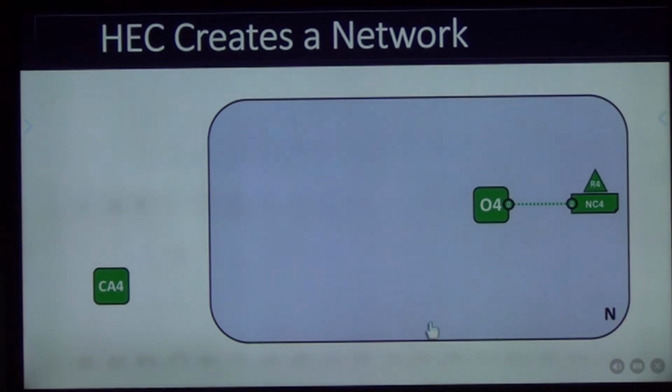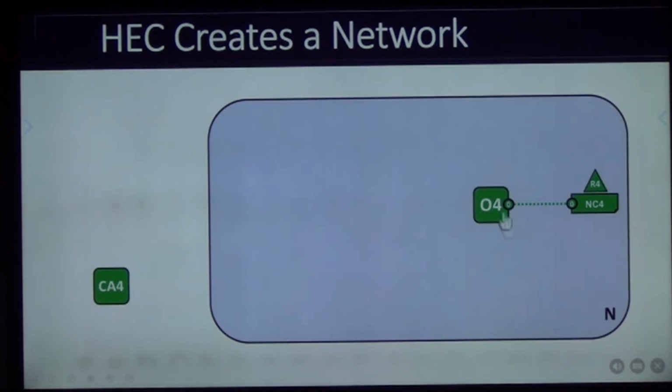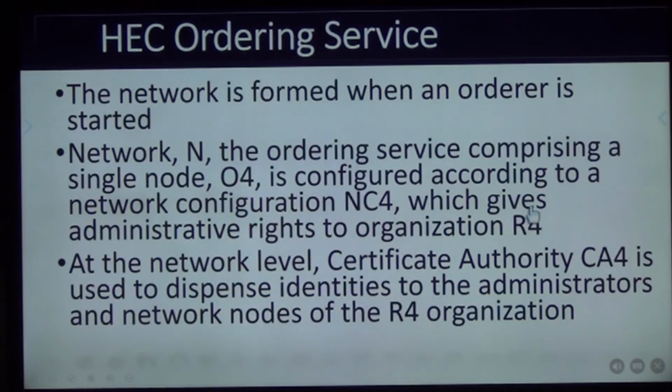Okay? So अब जो है HEC एक वो create करती है network. Okay? So he creates a network and starts adding nodes into that. So it is the network configuration और वो बनाती है CA4. ठीक है, एक वो कहते हैं ये certification authority 4 बनाती है. Okay, so Hyperledger में it invokes a CA and starts configuring the network. The network is formed when an orderer is started. So network form होता है जब Hyperledger में एक orderer which is say O4 एक entity है, जैसे ही वो start करते हैं वो create कर देता है network.